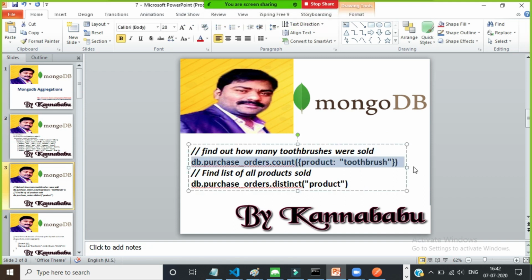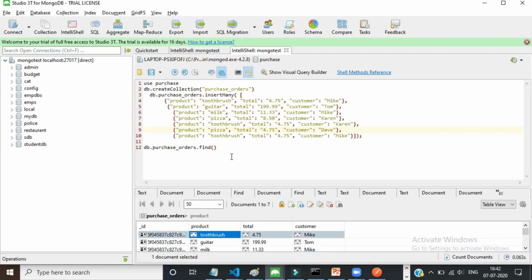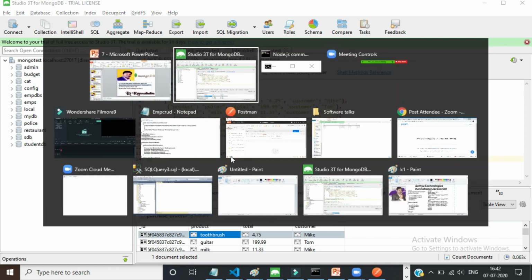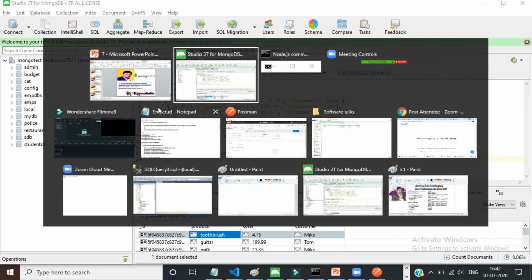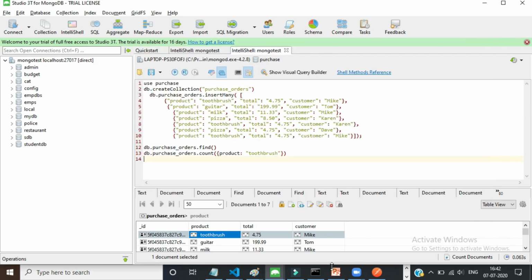If you observe clearly, I want to apply some aggregate function. I want to write a query to count the number of toothbrushes that were ordered. Is it clear? What is the query?